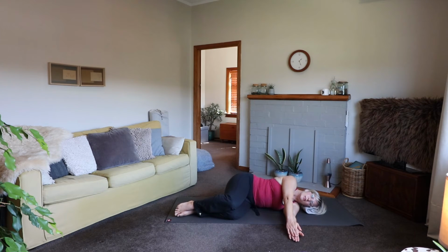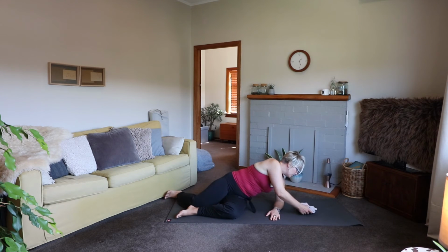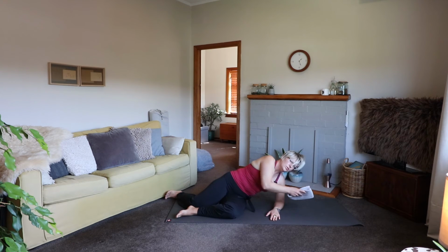and back, allowing the ribs to roll forward as you reach forward and back as you return. Again, gliding forward and draw it back. And gliding forward and bring it back and rest. Just press yourself up, and then we're going to come over onto our back, but you're going to